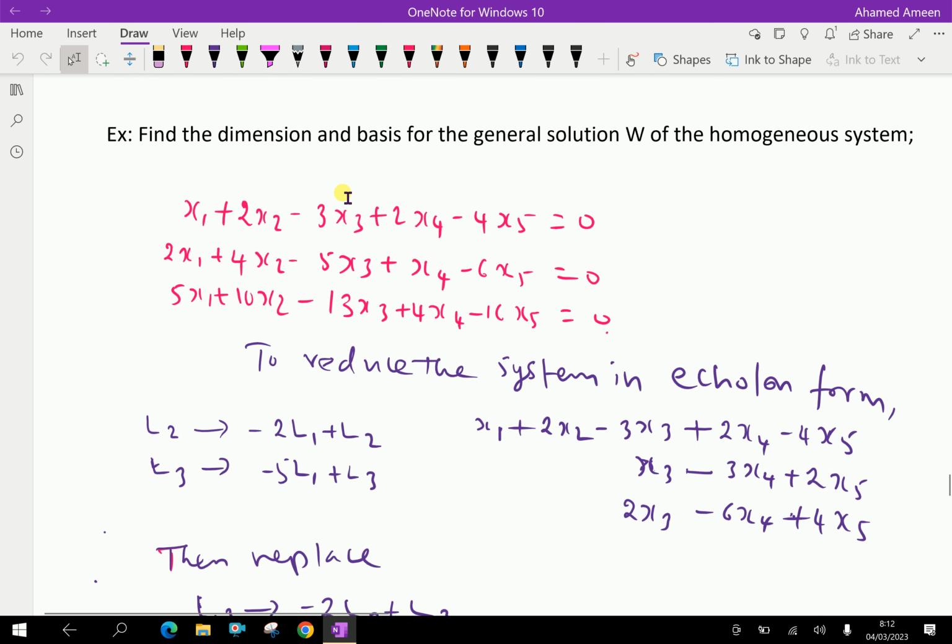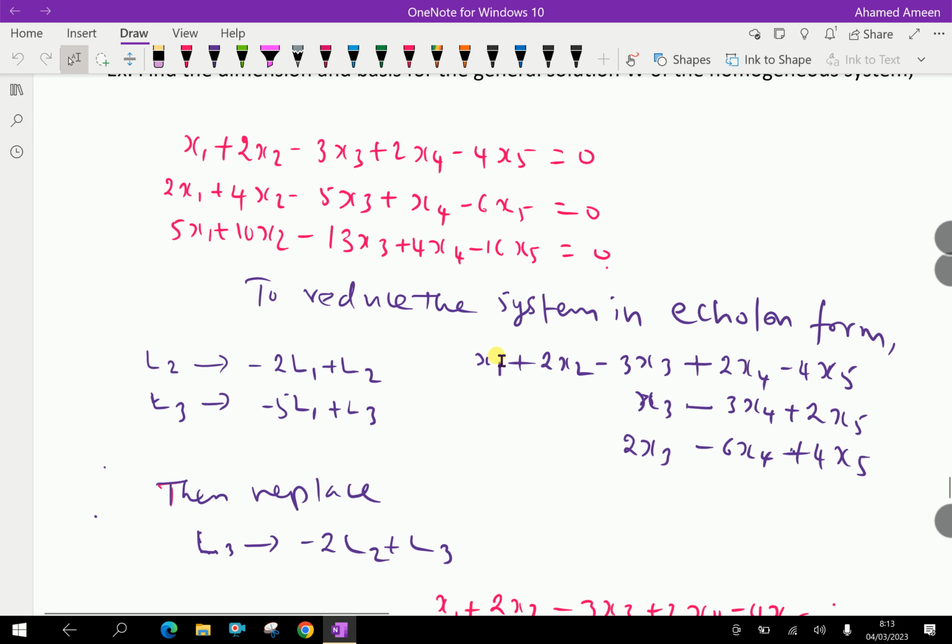Find the dimension and basis for the general solution W of the homogeneous system. Look at this, three equations are given in the system. There are 5 variables but 3 equations. Here we have to reduce the system to echelon form. The operation is